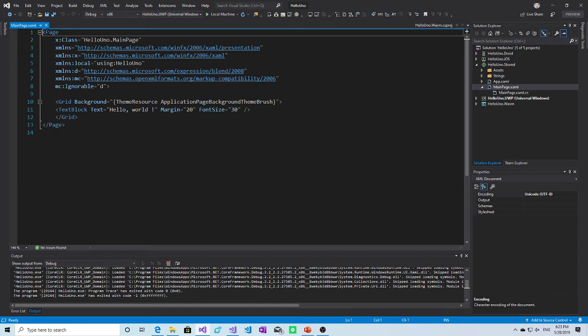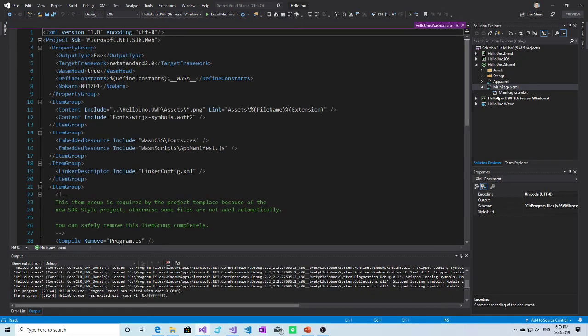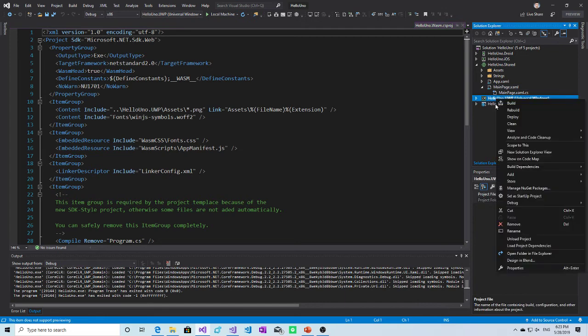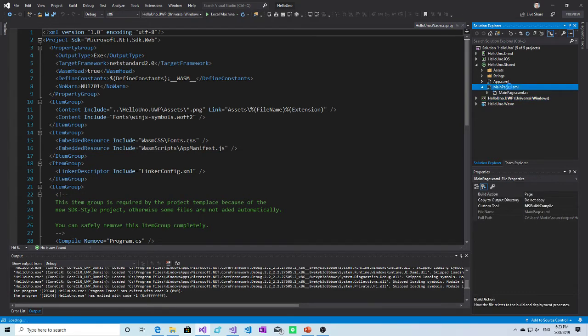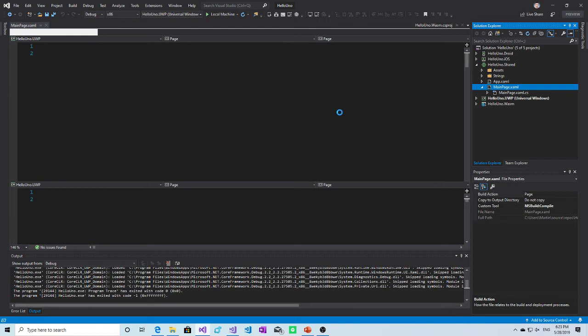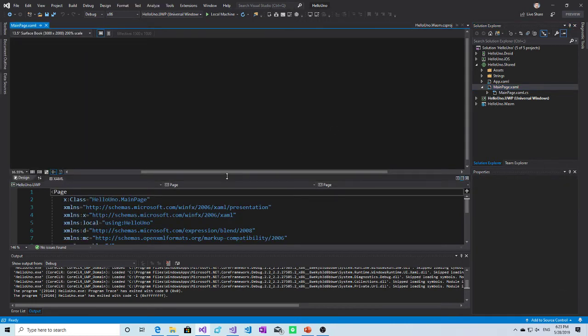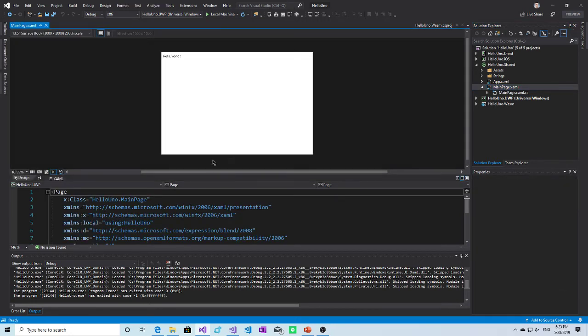As you can see, the XAML designer is not working just now, and the reason is that Visual Studio usually has problems when you first create the solution, and you have to unload the UWP project head and reload it, and after that the XAML designer should boot up. So here it is. That's the normal XAML designer.